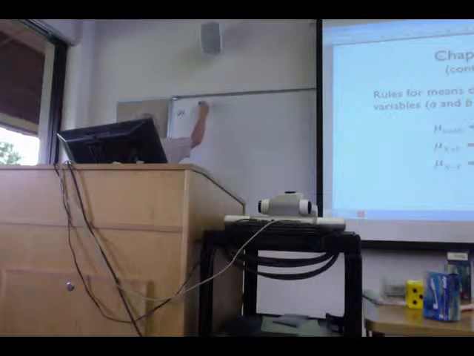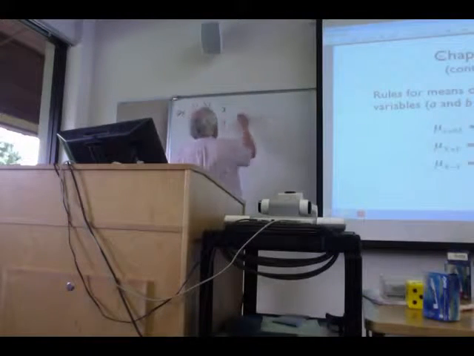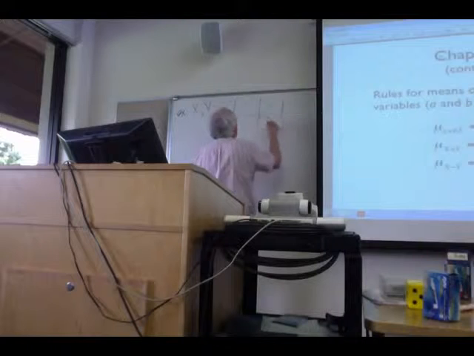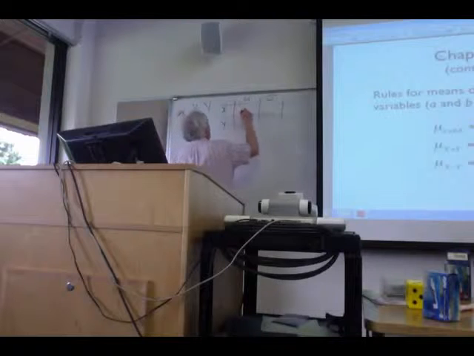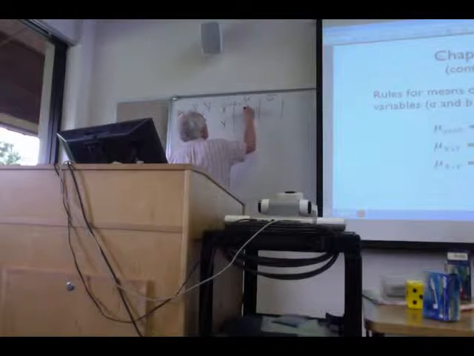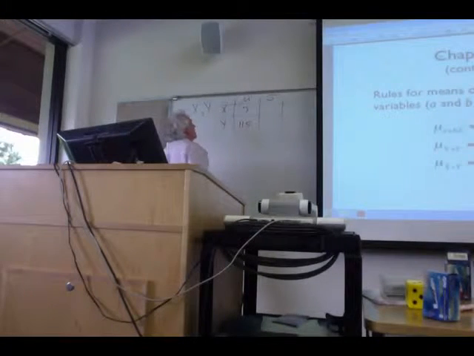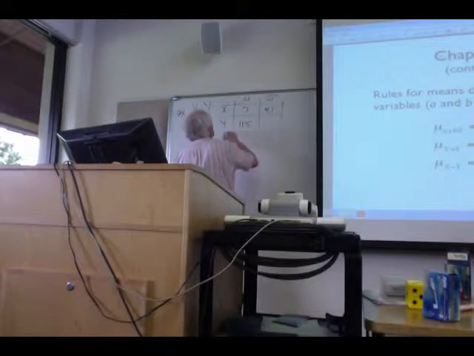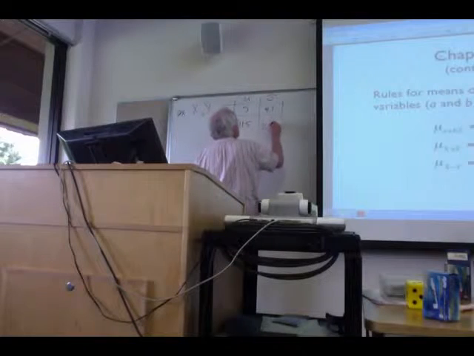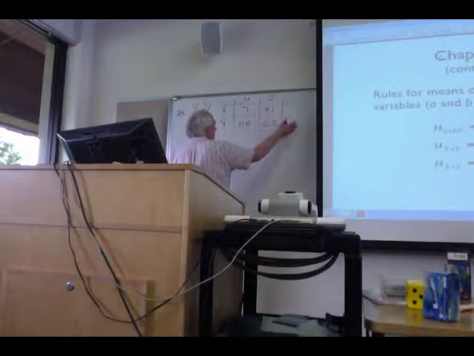Let's call them X and Y. And I'm going to create a table, something like the author does in some of the problems. X, say, has a mean of 7, and Y has a mean of 11.5. Sigma for X is, say, 4.1, and sigma for Y is, say, 6.2. Now, I'll use these values when we get to another